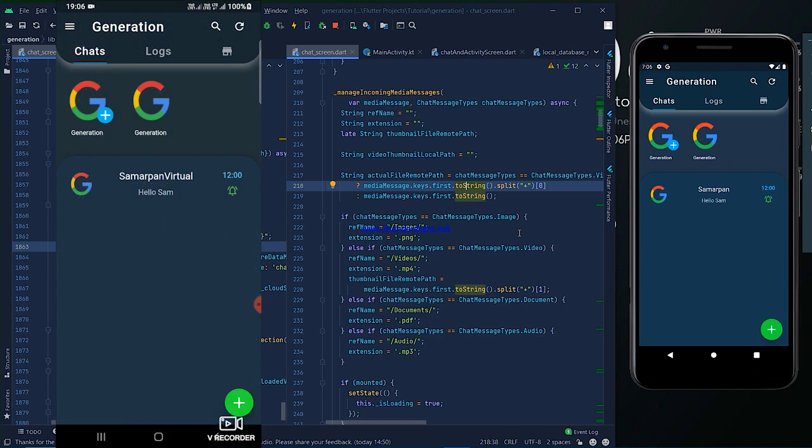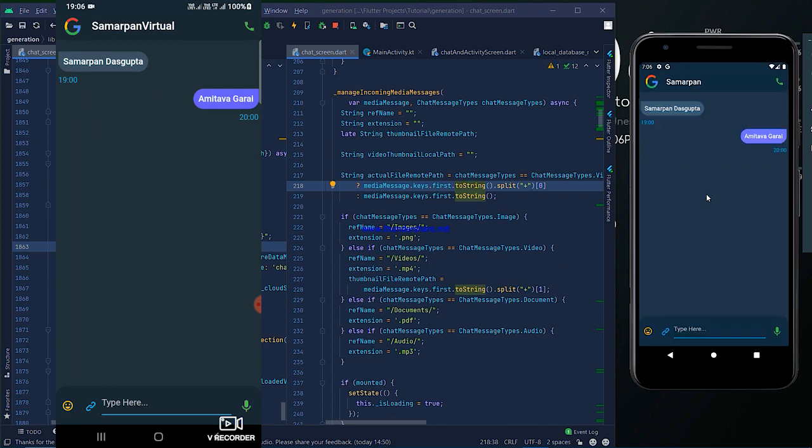So guys, hope you can see the physical device screen on the left side of the screen. Let's open the chat in two devices. I want to send a video from the physical device, that means the left side device, to the virtual device, that means the right side device.